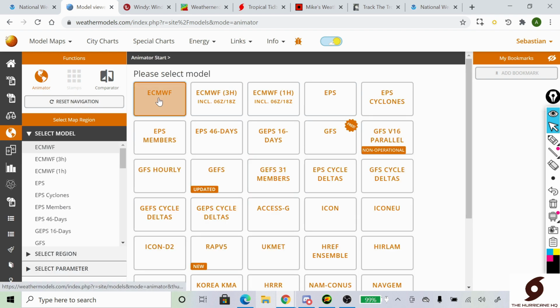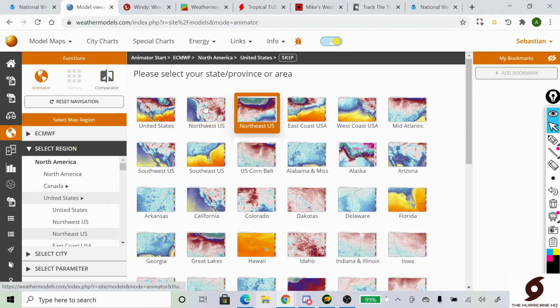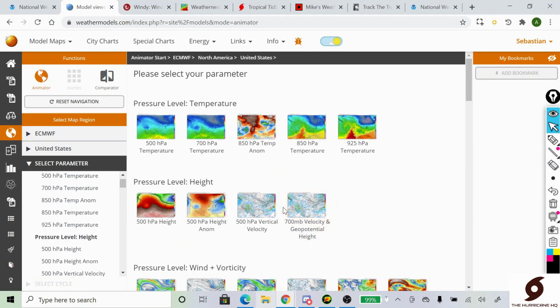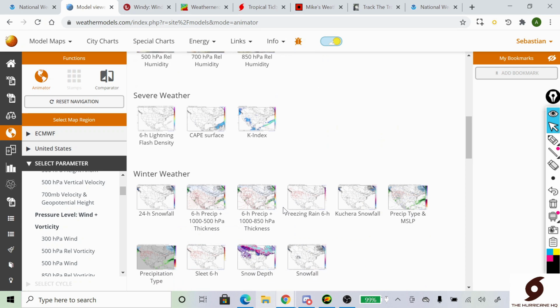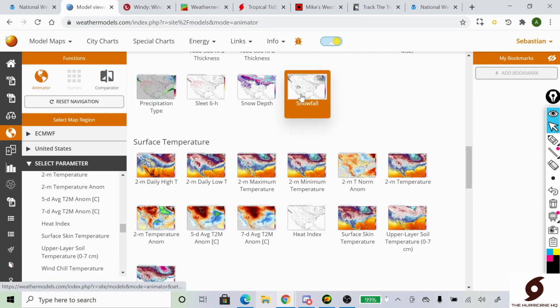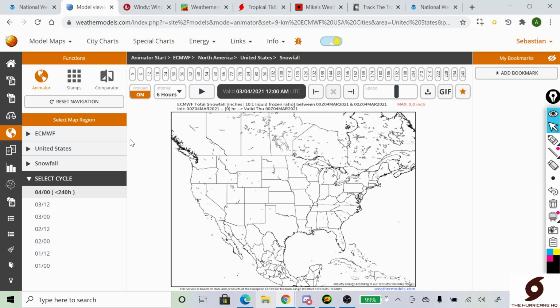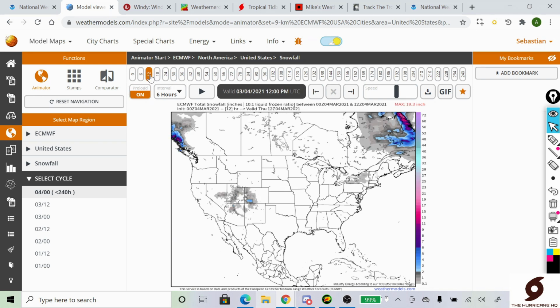And moving on, I wanted to show one more thing for the United States. And that is going to be our snowfall. And we're going to see how much snowfall is going to be falling from these next few systems once these model runs load in here. Okay, so here is about right now